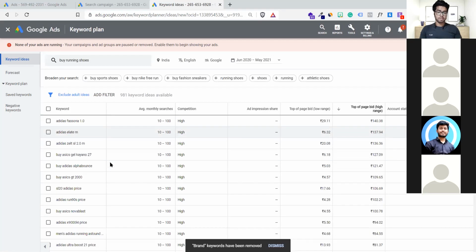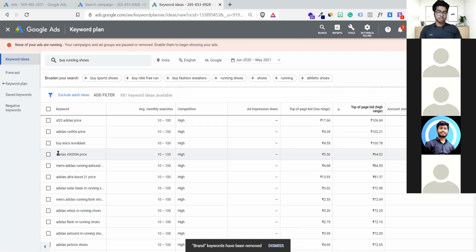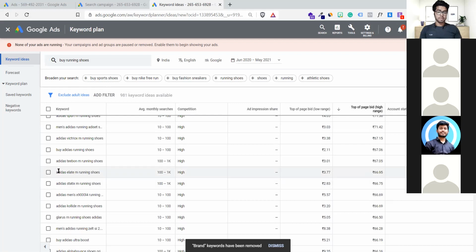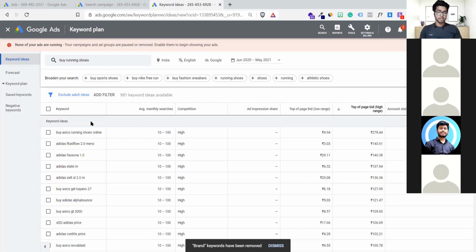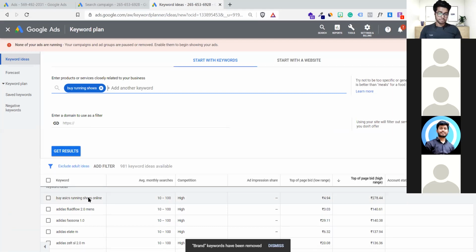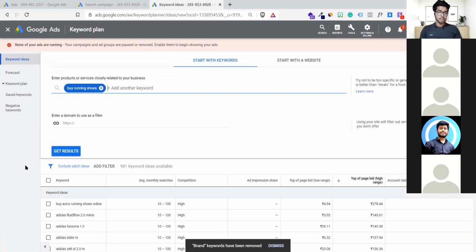Now you just have a look. People are searching for prices, Adidas, number, model, pricing, all these things. Adidas Ultraboost shoes, these are how people are searching. These are suggestions, because when people search this, these kinds of ads appear. Okay, and this is one way of getting the keywords.